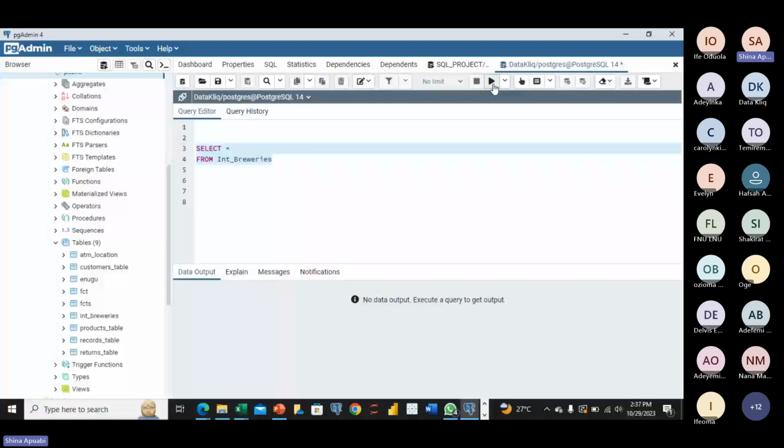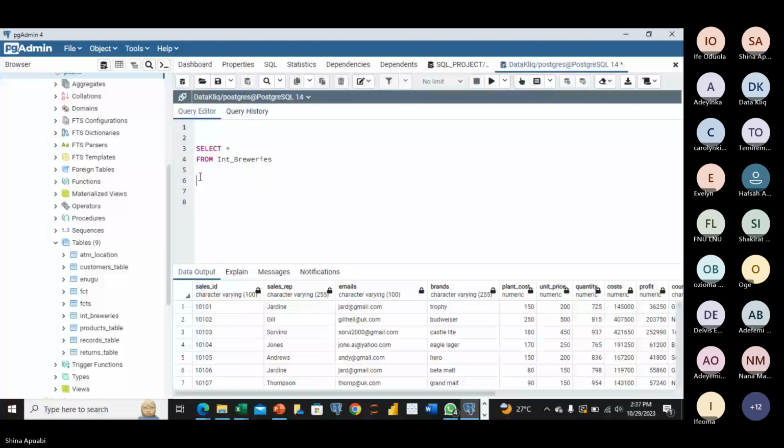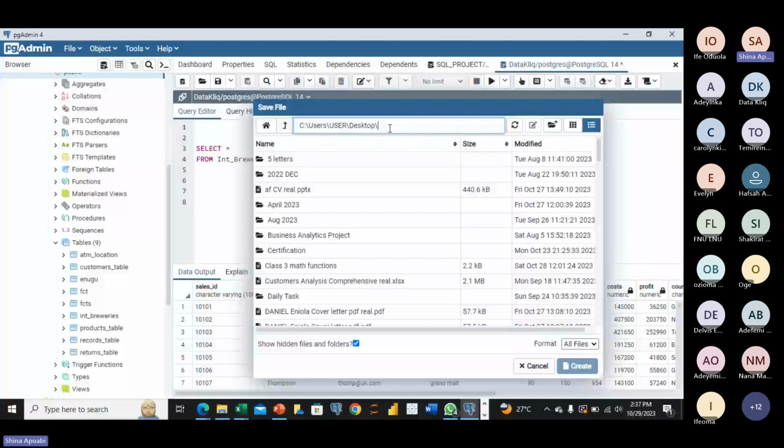Okay, this is it. We did some tasks yesterday. So please, I will really appreciate it if you try it and share your queries with me. You can save your queries. I've shown you how to do that. You will save it here, and rename it if you are doing it for the first time. Like this one is for the first time now. I know it's going to be on my desktop, so it's going to be very easy. I can call it